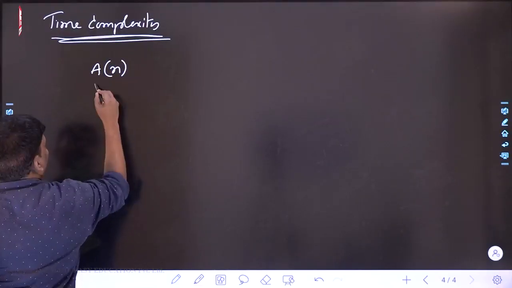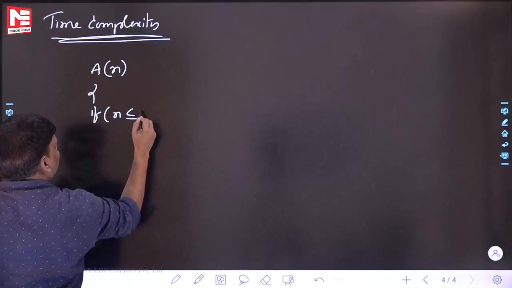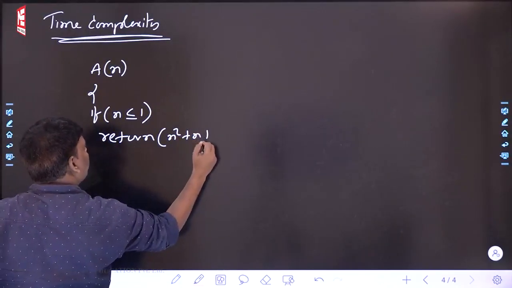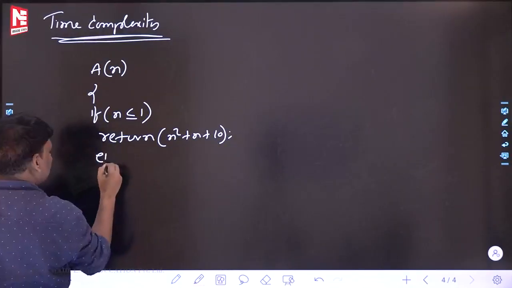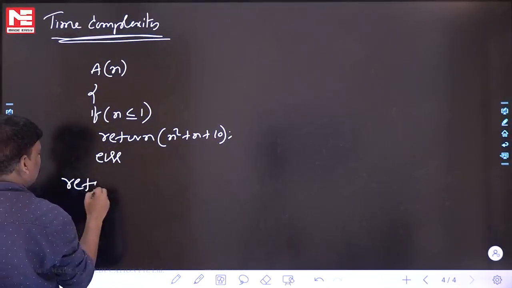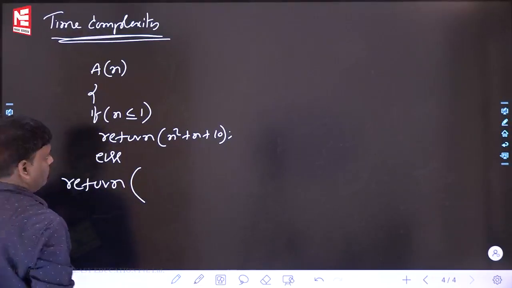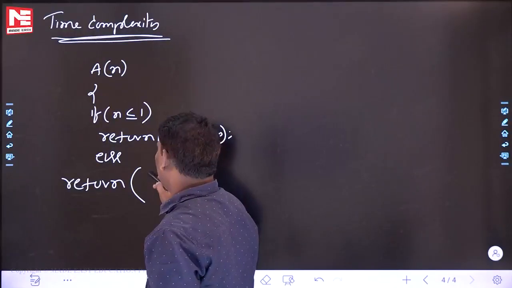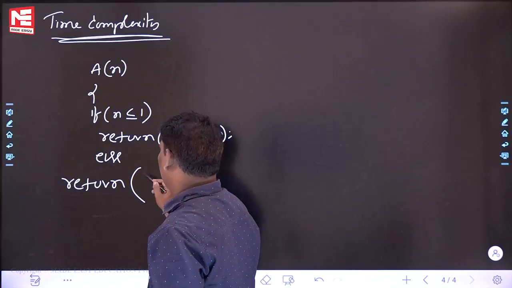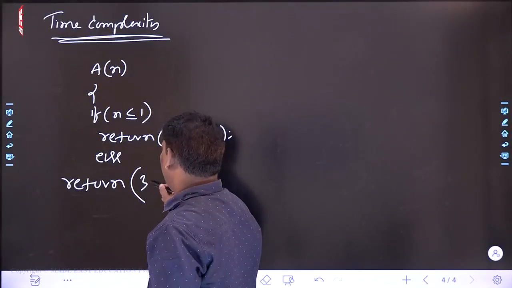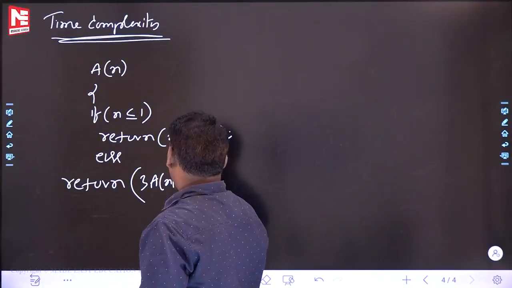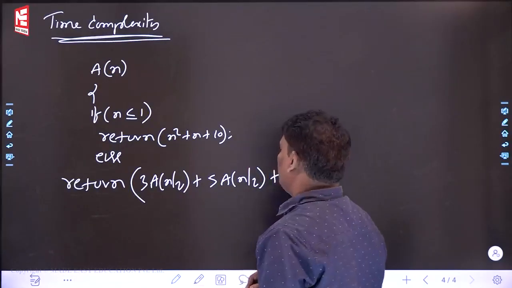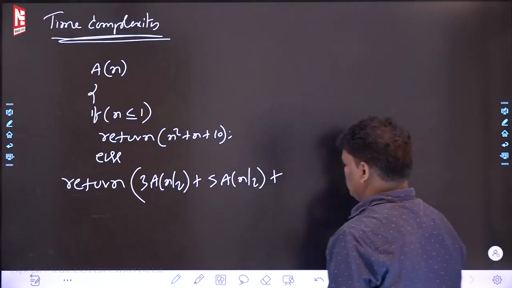Algorithm name is A of n. If n is less than or equal to 1, return n square plus n plus 10, that is okay. Else return (3 A of n by 2) plus 5 A of n by 2 plus 3 A of n by 2 plus 5 A of n by 2 plus,